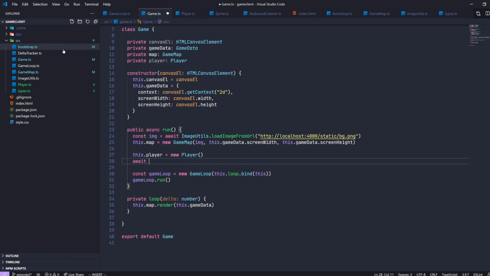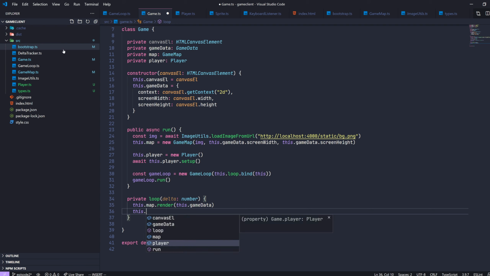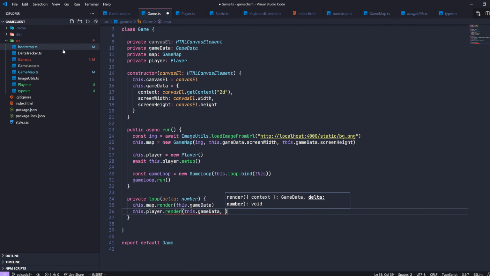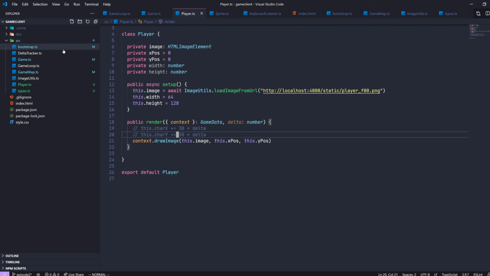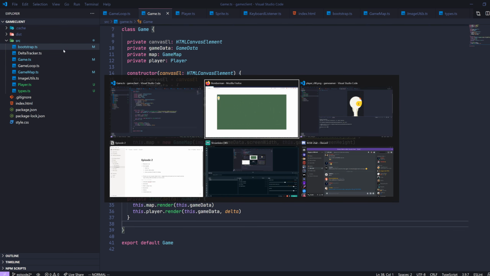And we'll await this.player.setup. And then here we'll say this.player.render, the game data and delta. That should render it. There we go. And our player is still being rendered,